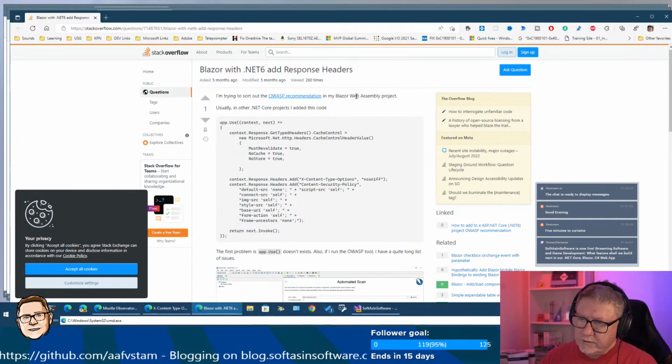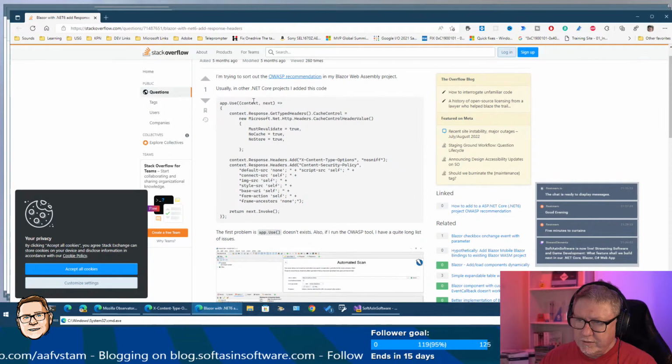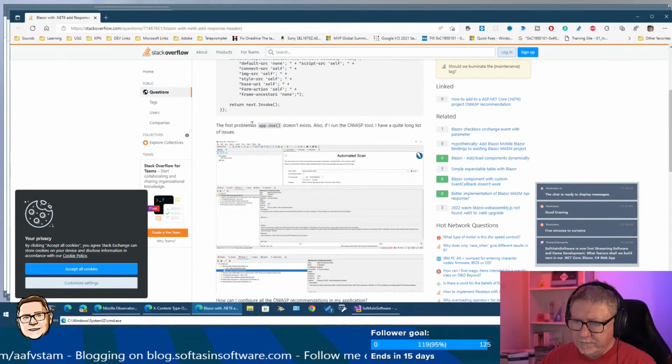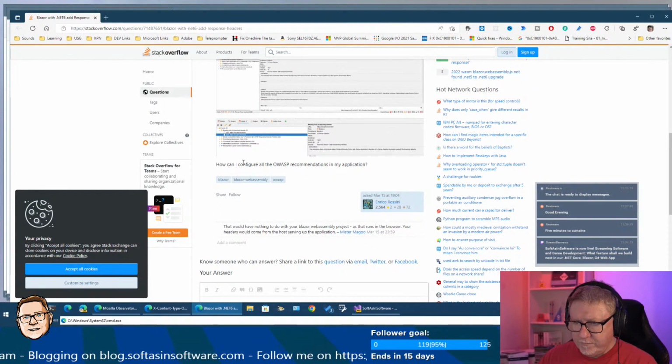I'm trying to sort out was a recommendation of Blazor WebAssembly. Usually in other I added this one. First problem is app use doesn't exist. That would have nothing to do with Blazor WebAssembly project, and as that runs in the browser, your header would come from the host serving